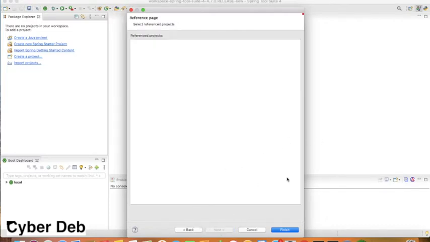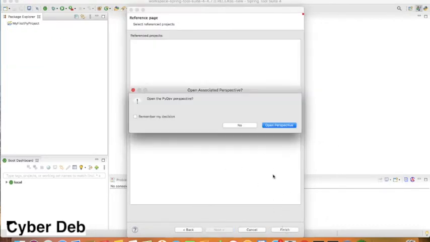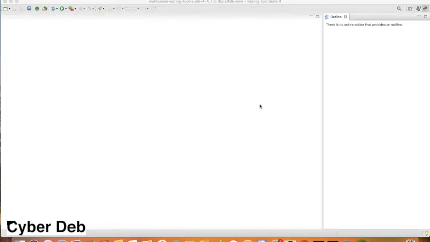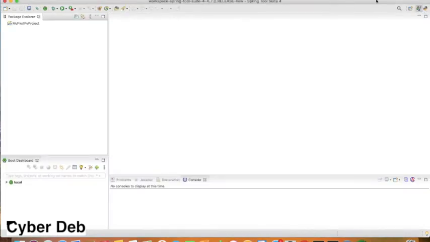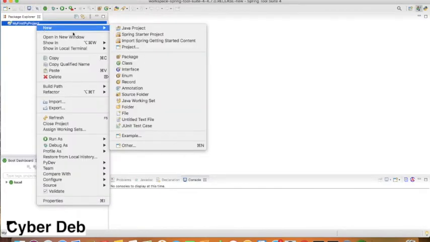You do not need to change anything except providing the project name and the project type, which is Python. Grammar version is the latest one, 3.8. Interpreter is Python. Go for Next. You need not do anything else. Click on Finish. Open the perspective. Open. So here you can see this is how my first Py project got created. Right click on it, New.